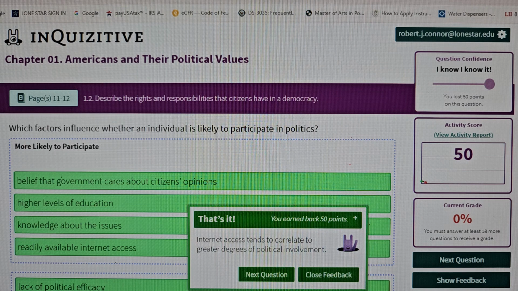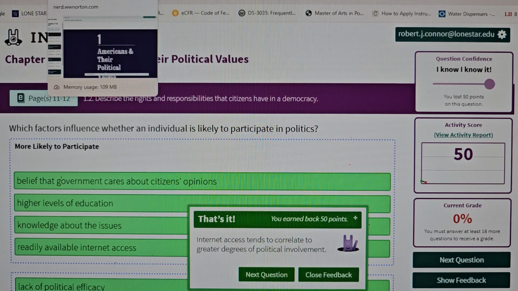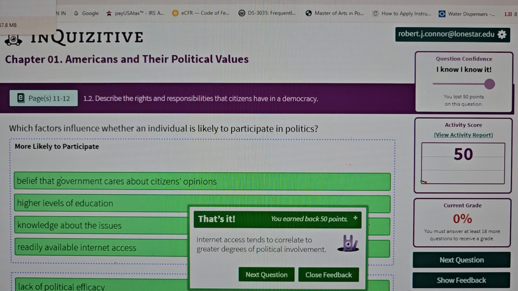So basically, you saw what happens if you get an answer wrong, and your score goes down. Okay, your score goes down because you missed the question. Okay, so at any rate, that's the way you work through the quizzes, and each chapter works the same way